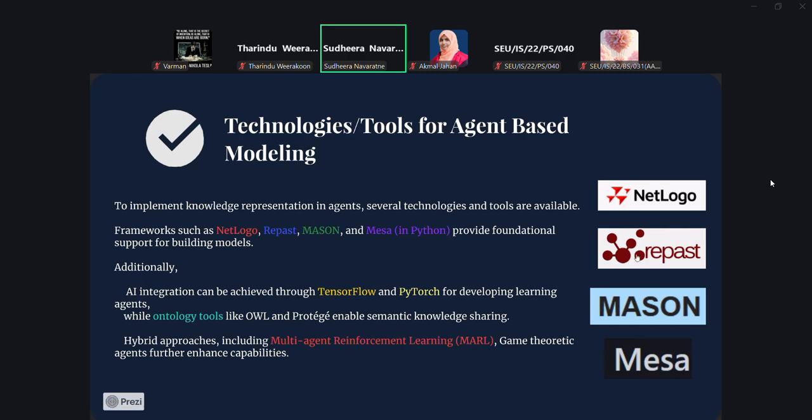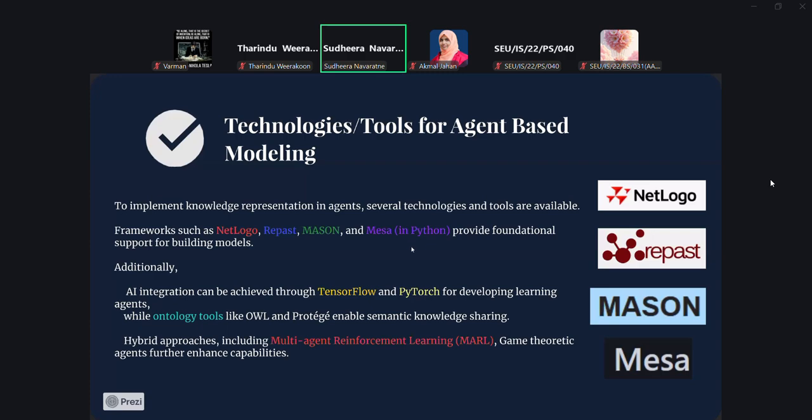There are two versions, one based on Java and one based on C, so depending on your expertise, you can choose. There's another one called Mason. And what I have shown you is Mesa, which is a library for Python. So you can integrate the other capabilities of Python into your agent-based modeling when you use Mesa.